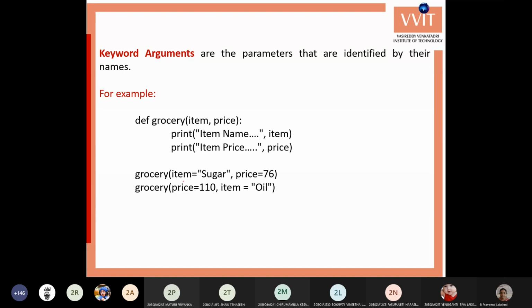So the order of arguments is not compulsory. Note down this example, the grocery example.